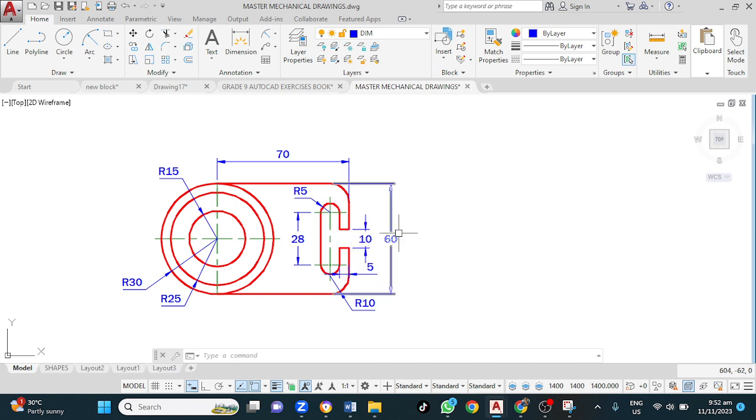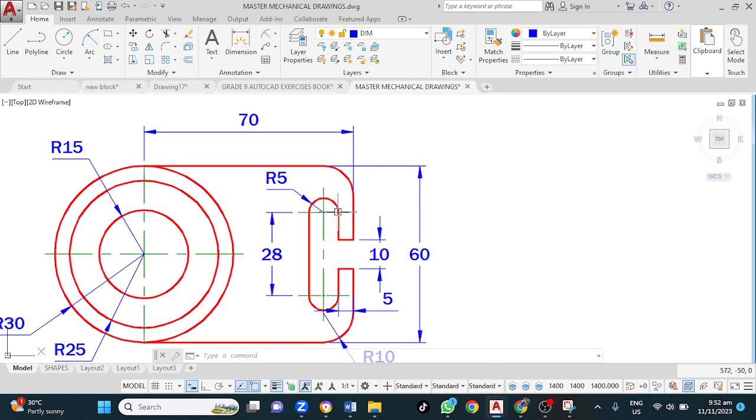Now, how could we start this? We could start by drawing the four circles. Then we could use a rectangle, or we could use a rectangle, draw this part first, then add the circle here. Either way works. Now, to get this groove here, we could draw a line from the center point out,